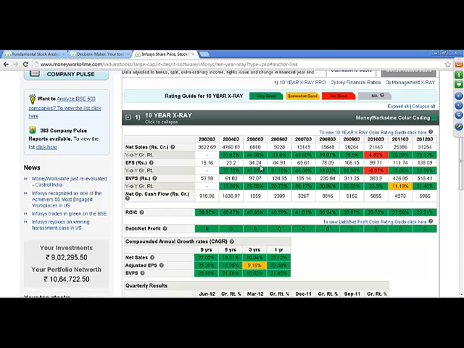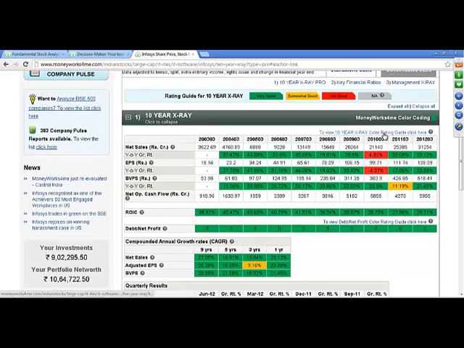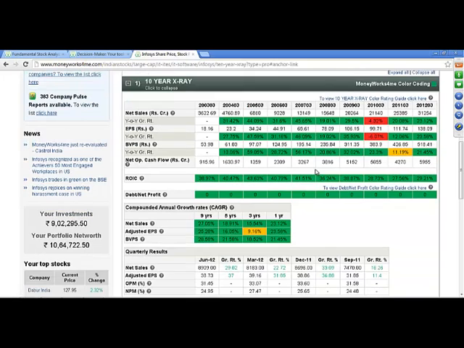And primarily what you have to do is just look at the color coding. Okay, so here you can see it's largely green, so that tells me that the 10-year X-ray color coding is green. Okay, now this is the free 10-year X-ray that I was showing to you. If you are a registered user, you can view this free 10-year X-ray without any cost. However, if you want to view further details,